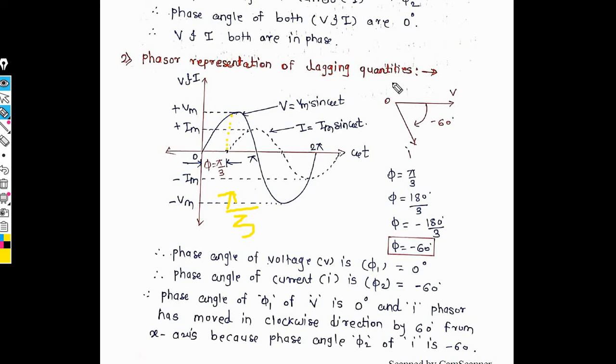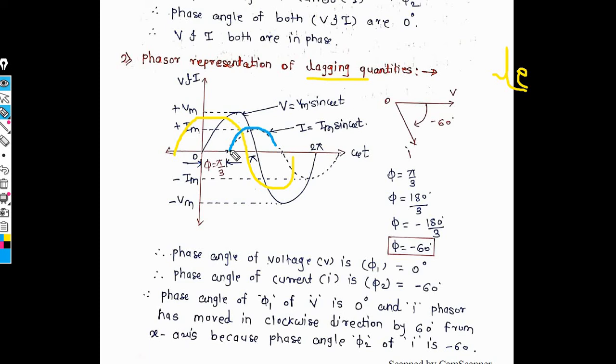In a lagging quantity, the current waveform starts after the voltage waveform, so we take the negative side, and this angle is called lagging. When the waveform starts before the voltage waveform, this is called a leading quantity. That means this waveform adds in the voltage waveform and this waveform subtracts in the voltage waveform. Now this is the concept of lagging and leading. Okay, do you understand?